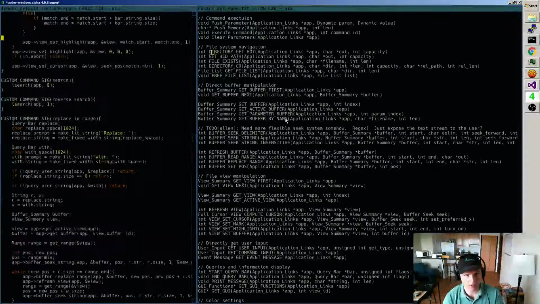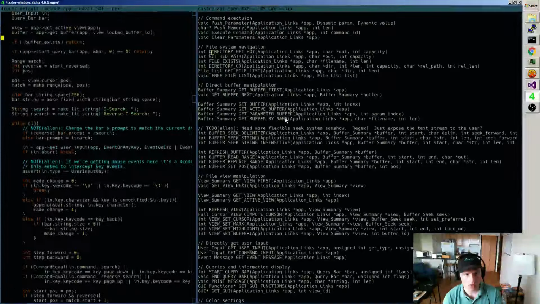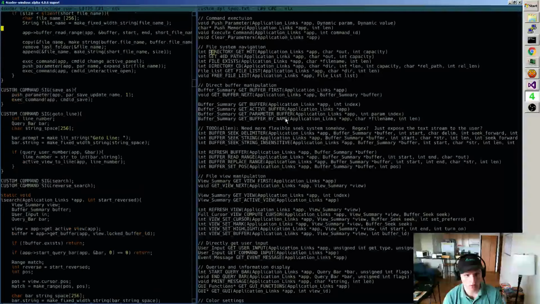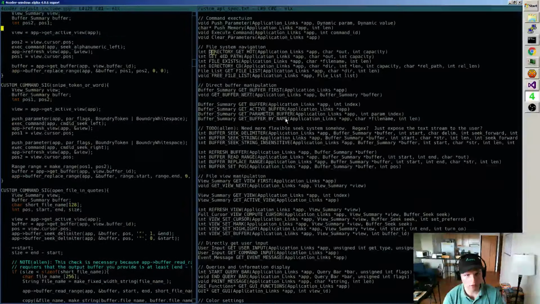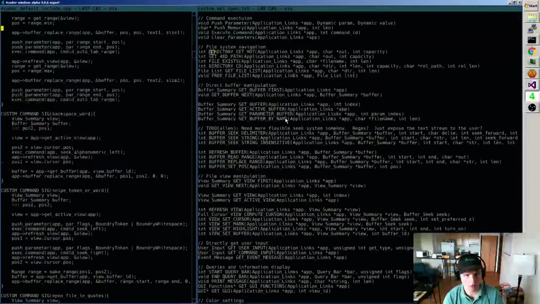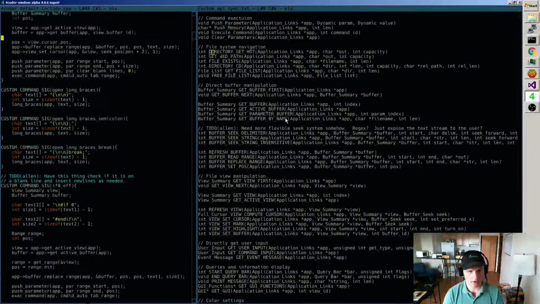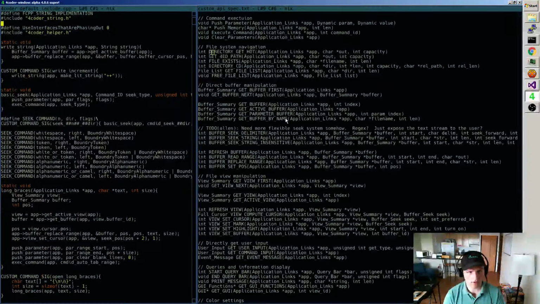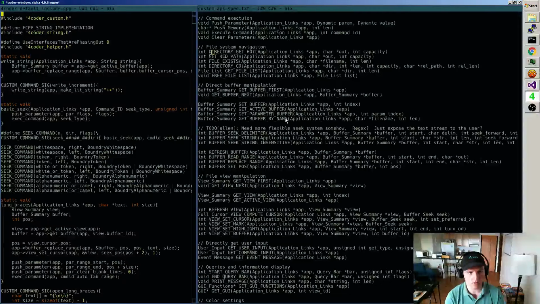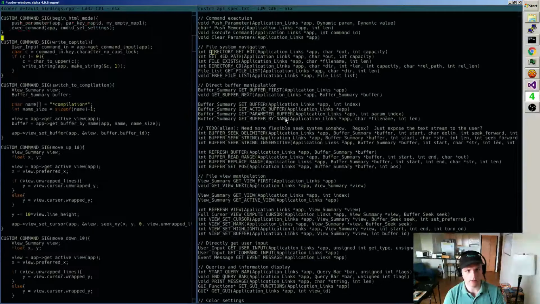Query replace, replace in range, search, reverse search, iSearch, go to line, save as, open file in quote, snipe token or word, backward, if, end if, long braces, right string, basic seek. Yes, it's not in there anywhere. It must be in default bindings.